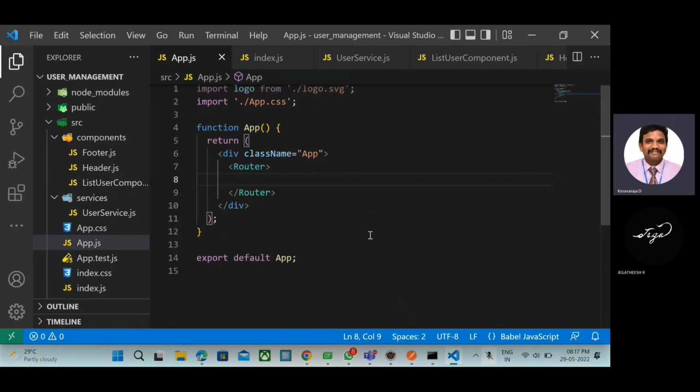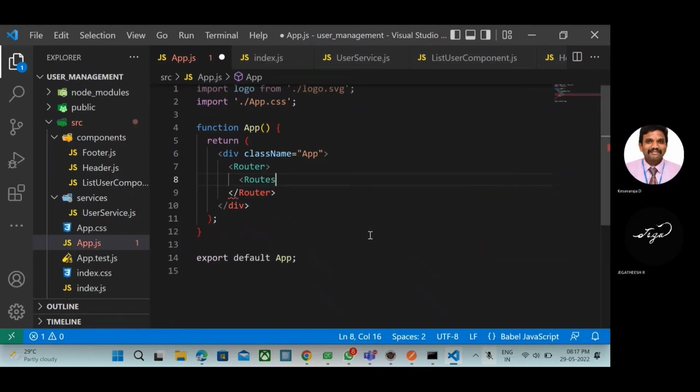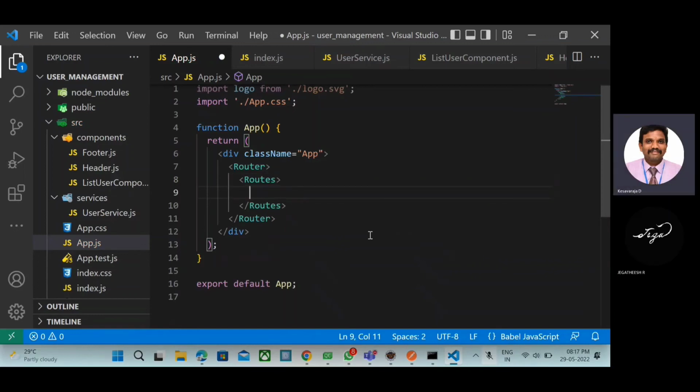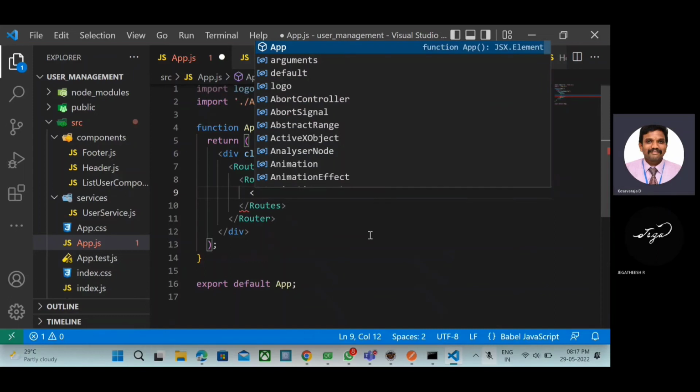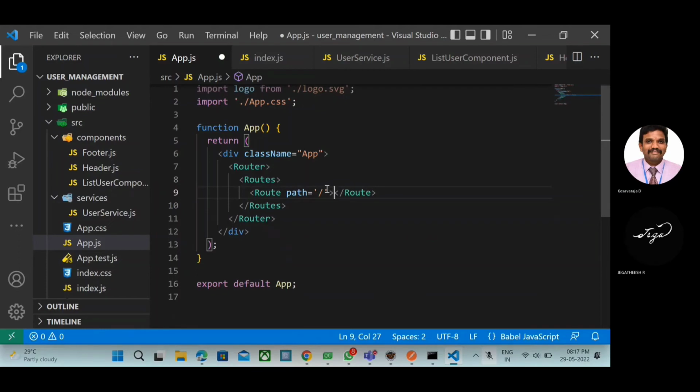Open Router. Inside that we will open Routes. Inside that we will open Route, with path equal to slash, exact path, and element equal to